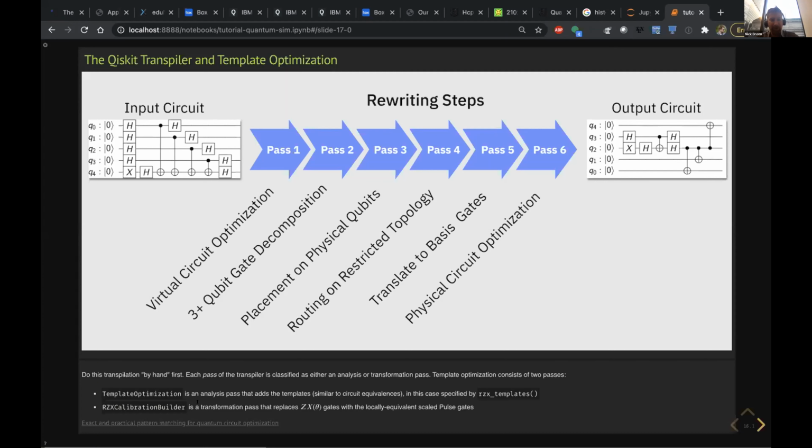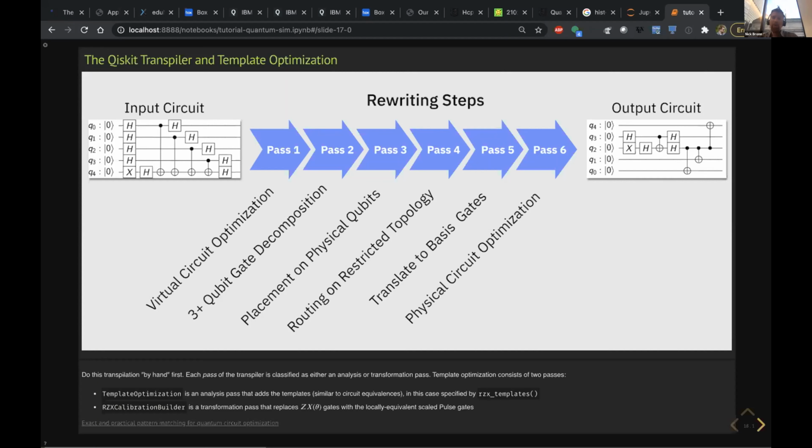There's the template optimization pass, and what we do in there is we feed it templates, because the ZX rotation is essentially closest to the actual implementation of the cross-resonance Hamiltonian. What this does is it shows us how to take a circuit made out of CNOTs that look like interactions and turn them into RZX interactions by essentially building a large circuit that is equivalent to the identity. And so the template optimization knows how to look at that and handle that